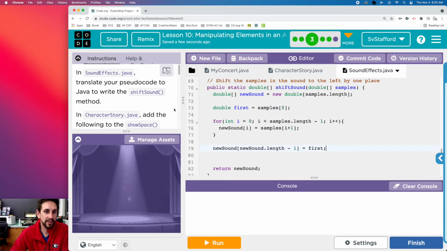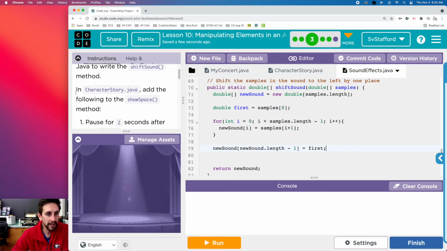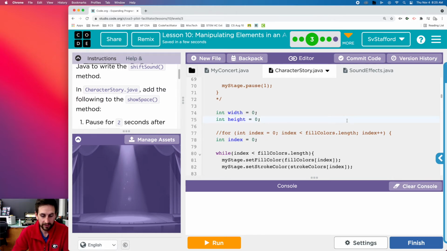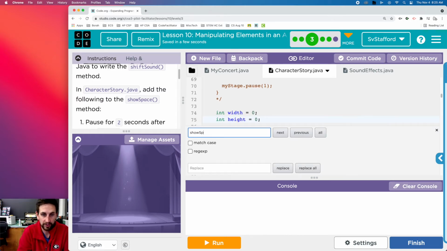Okay, so there's our shift sound method, and then it says in character story, add the following to the show space method. Okay, so I need to find the show space method